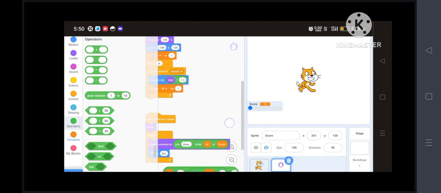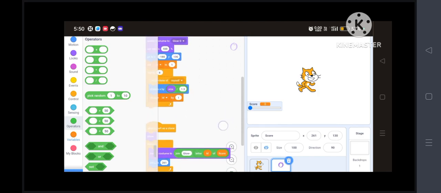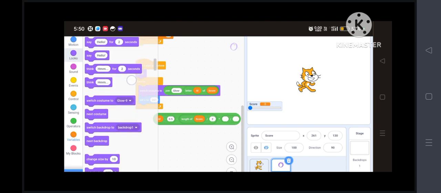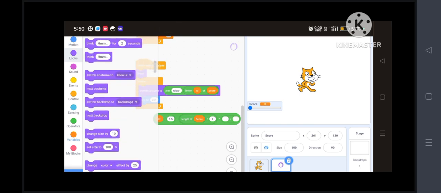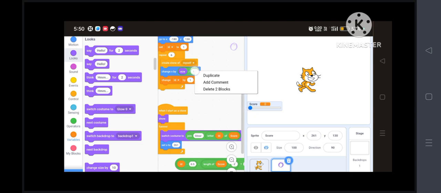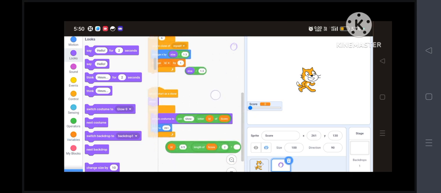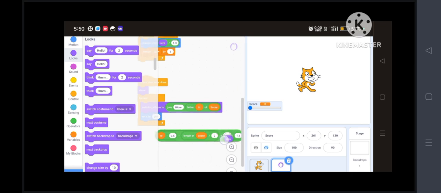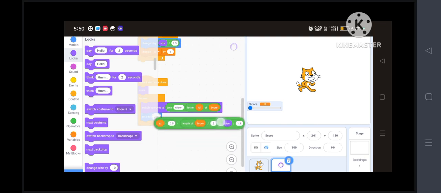As we are moving size divided by 1.3, we will also put here size divided by 1.3. Or you just use duplicate or copy paste if you have scratch. I do not have. Okay, put this here,